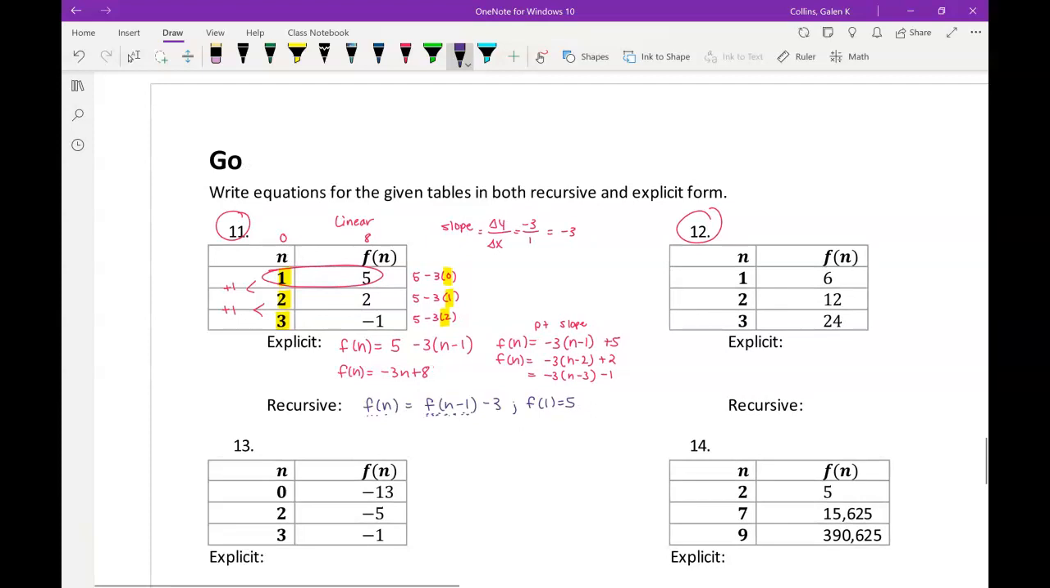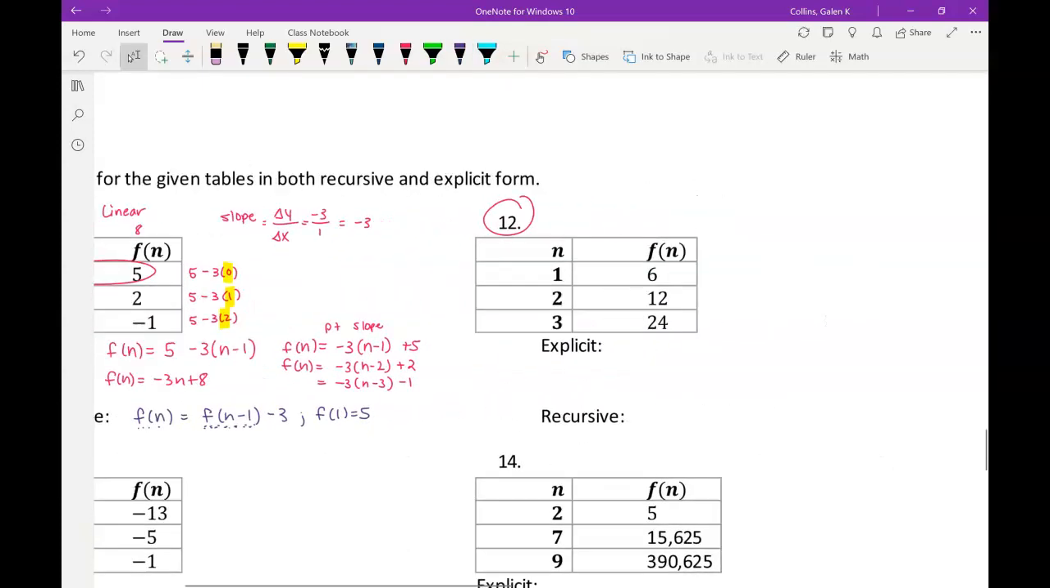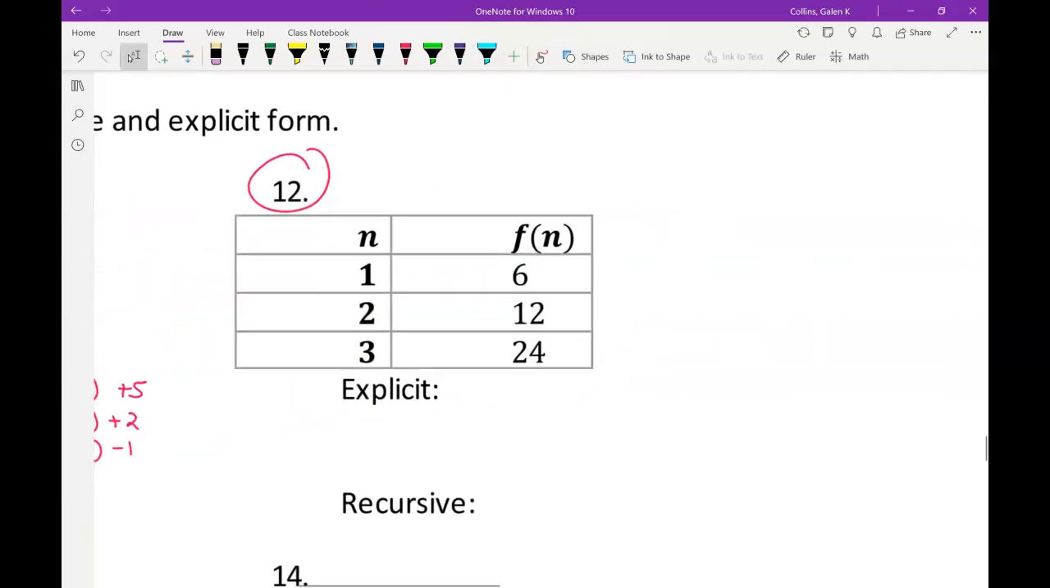All right, let's look at number 12. So again, I want to look at the pattern. This table starts off easy because n is increasing by 1. And at first, I might say, oh, I'm adding 6. But 12 plus 6 is 18, not 24. So that means I need to consider a different pattern. Maybe I'm multiplying by 2. That pattern works. So if I'm multiplying by 2, I know this table represents an exponential relationship,